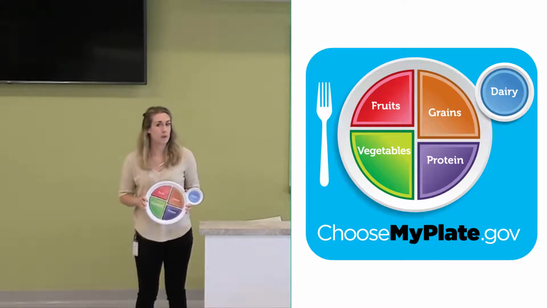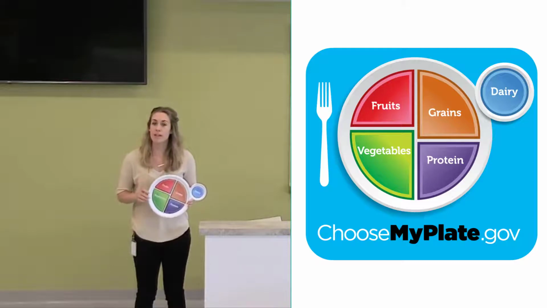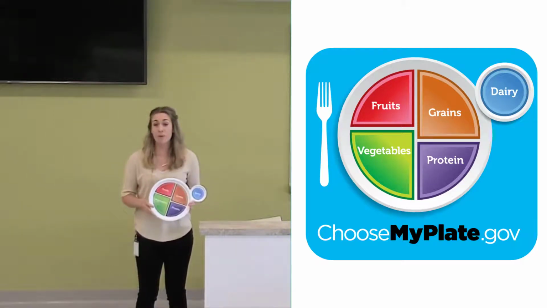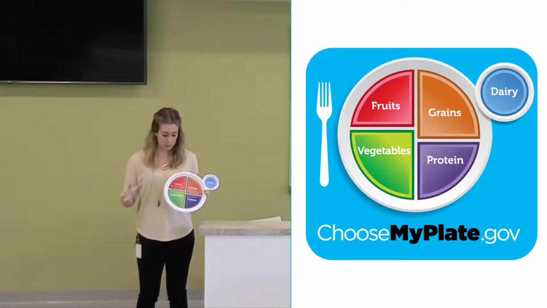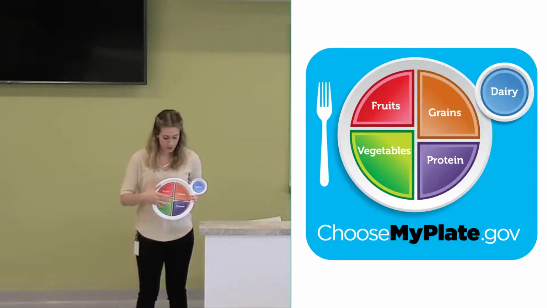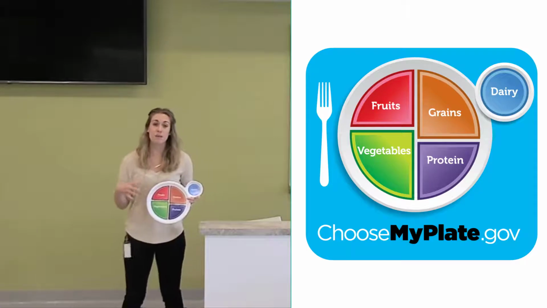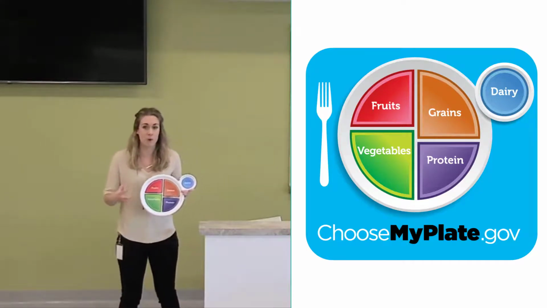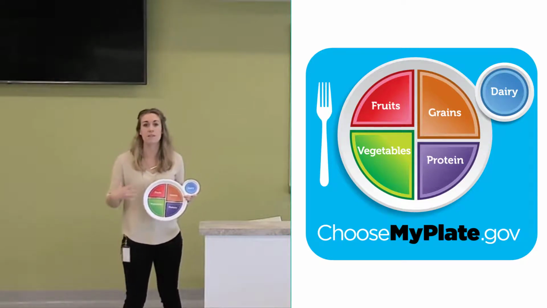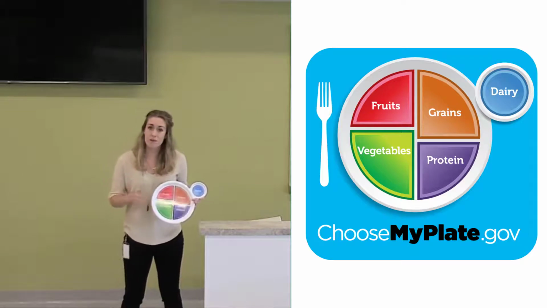I often sound like a broken record when I talk about using MyPlate to help you remember to eat all 5 food groups, but I really think that it's a helpful visual that we all can learn from. So just as a reminder, there are 5 food groups. We have our vegetables, our fruits, our protein, our grains, and our dairy. Now, to dive a little bit deeper into each of these food groups, we want to eat healthy foods. We don't want to eat processed foods in the form of MyPlate. That's not going to do us any good. So just as a reminder,